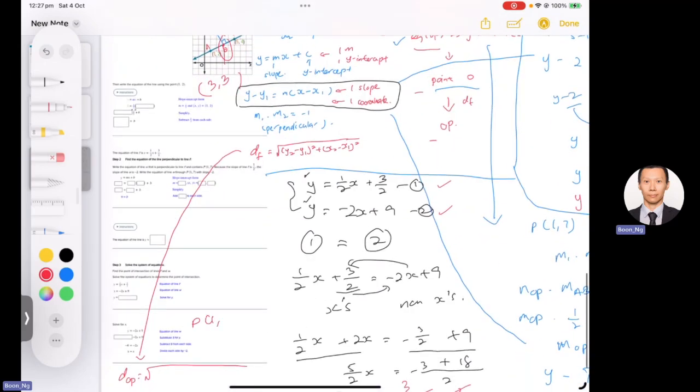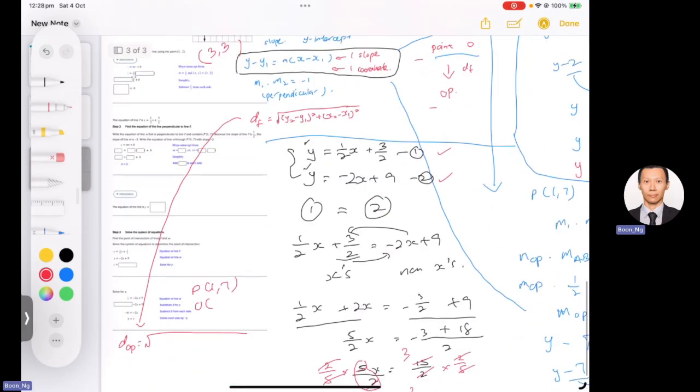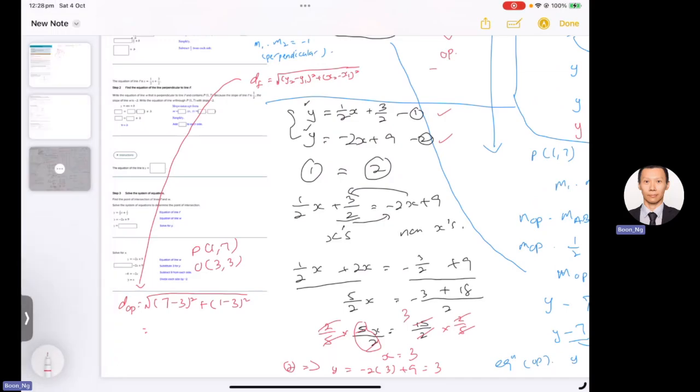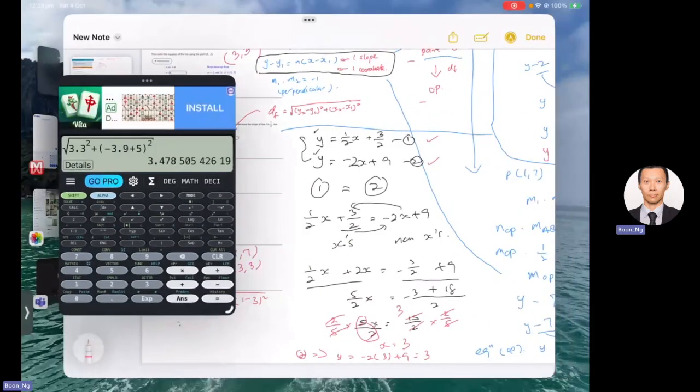P is 7, 1, and O is 3, 3. Okay, let's get it. So y2, that's 1 minus 3 squared, and 7 minus 3 squared. If you were to use the calculator,